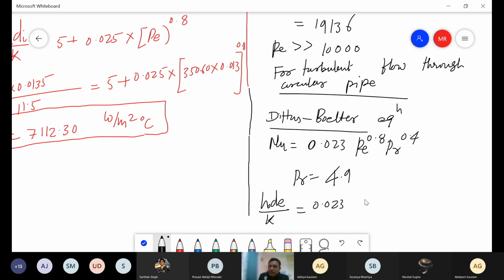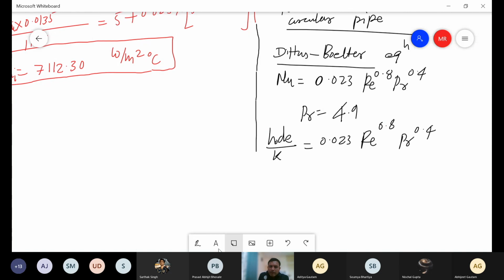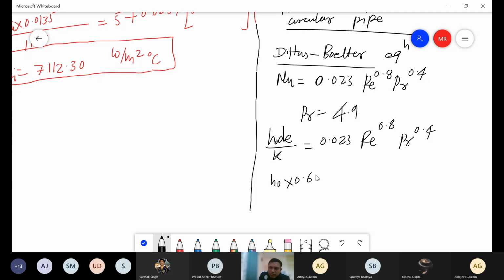0.023 Re raised to the power 0.8 into Prandtl number raised to the power 0.4. So we can put all the values here. So H0 remains as it is. D is again what we have calculated, and that value is 0.615, isn't it? 0.615 divided by the thermal conductivity of the water is